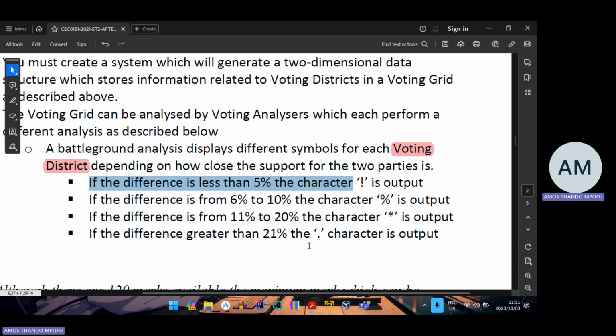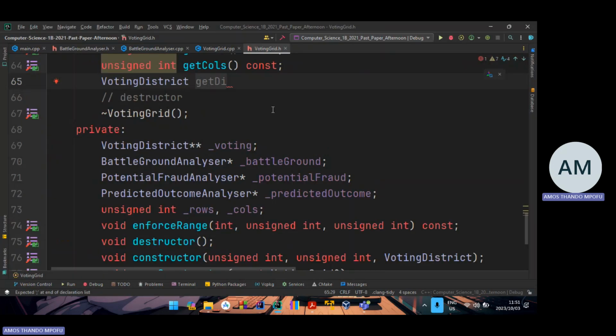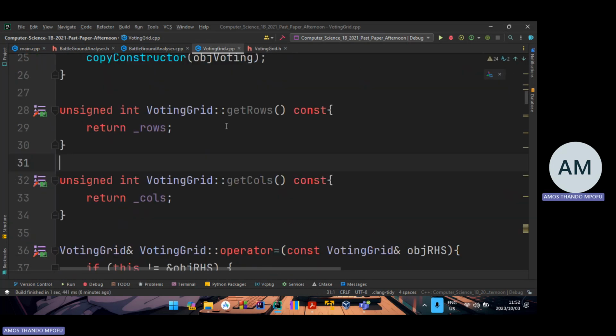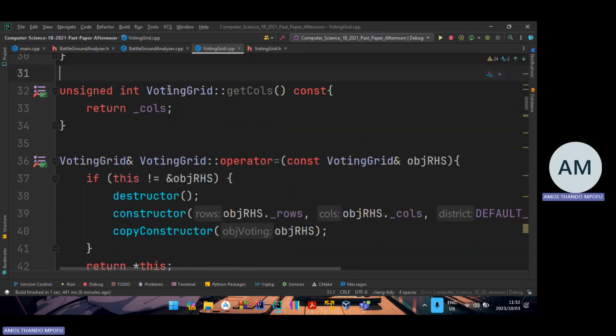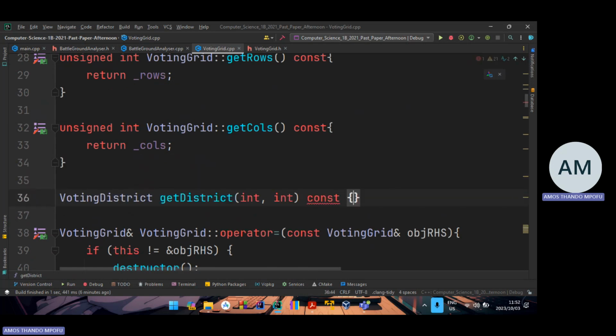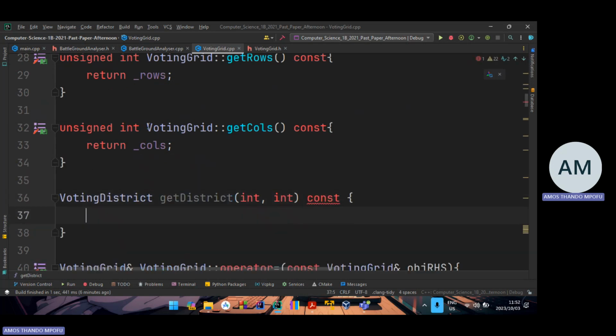Wait, we are not changing the districts. We're just checking the difference. So I'm just getting the district. So district takes in, this is the signature, two values, a row and a column. And then const, because it's only meant to access, we don't want to mutate. It's not a mutator, it's an accessor. So we're gonna have this, and then copy, paste, and then I'm gonna have row